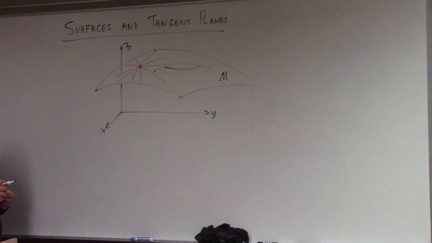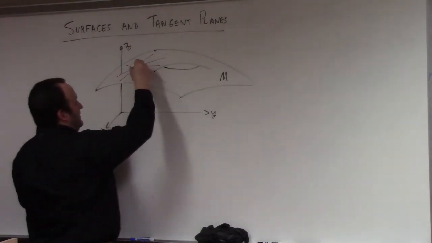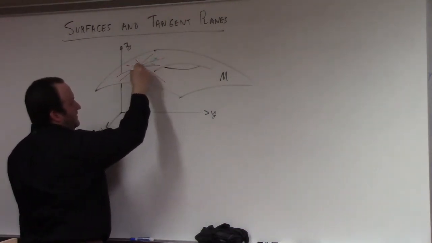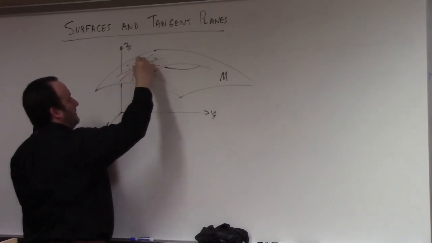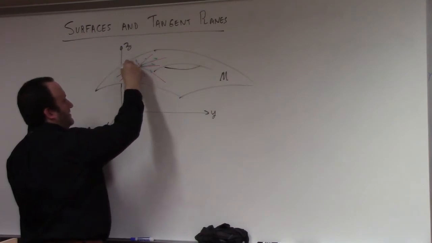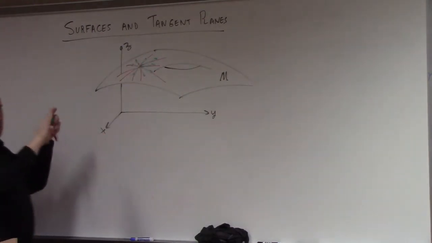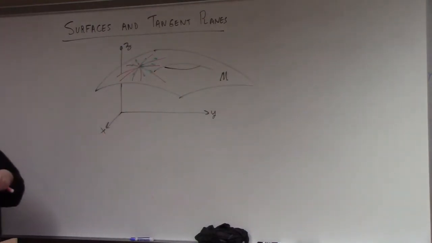And then you can do what? You can take these curves, and we know how to do what with curves. We can look at their tangent vectors at that point, right? And we can study the tangents to all those curves. And so those tangent vectors, if this point is actually a point, I've got too many arrows, but the point is, if you look at all those tangent vectors from all those different curves, if they actually